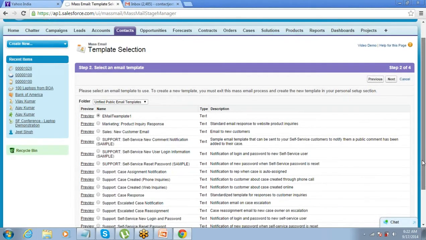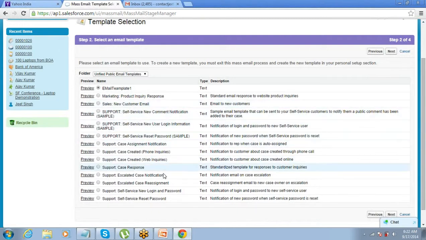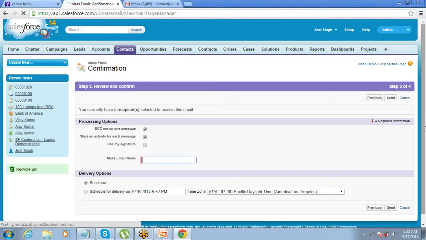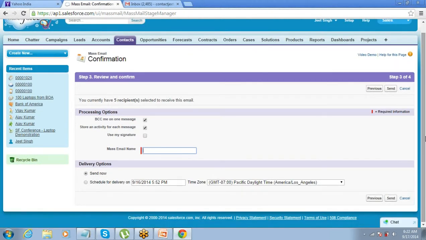Then select the email template. There are some email templates already existing. The email template that I created, email template one, is also available here. Select the email template which you want to send. You have already selected the contacts, then click on the next button. And you have the option of either sending it now or scheduling for delivery.